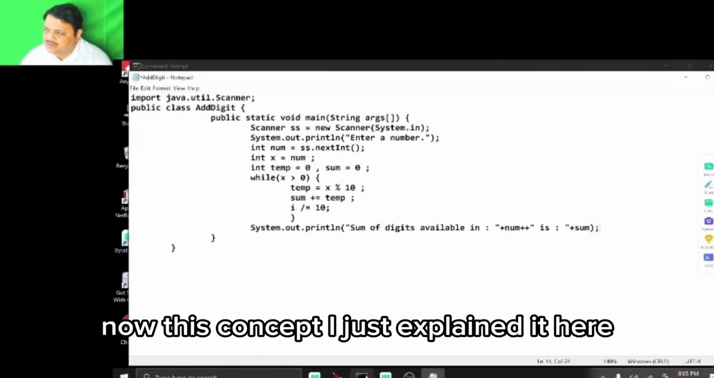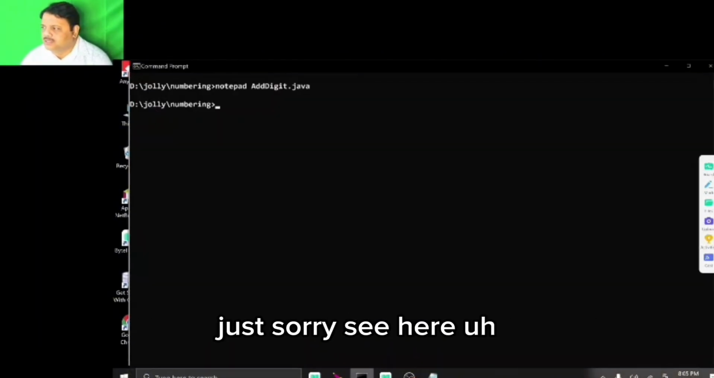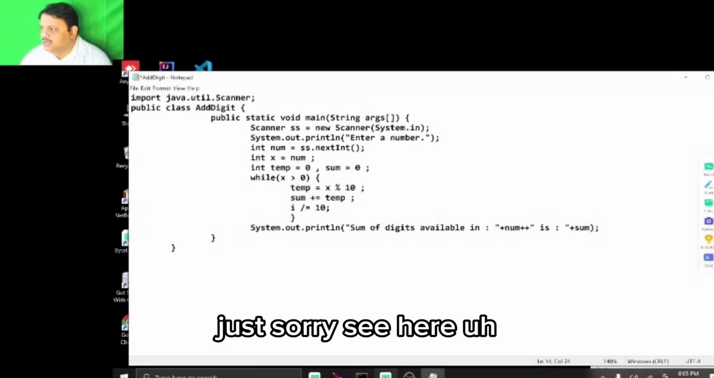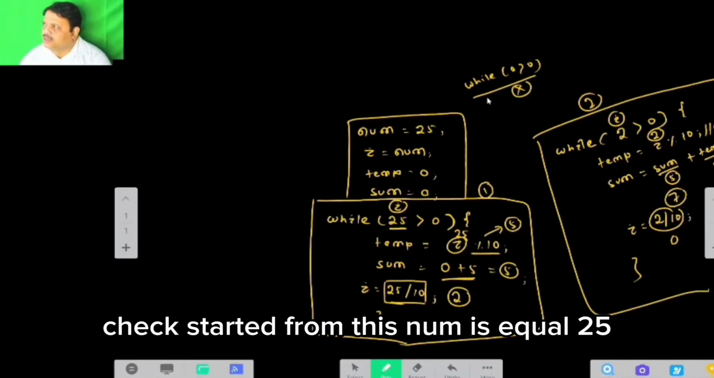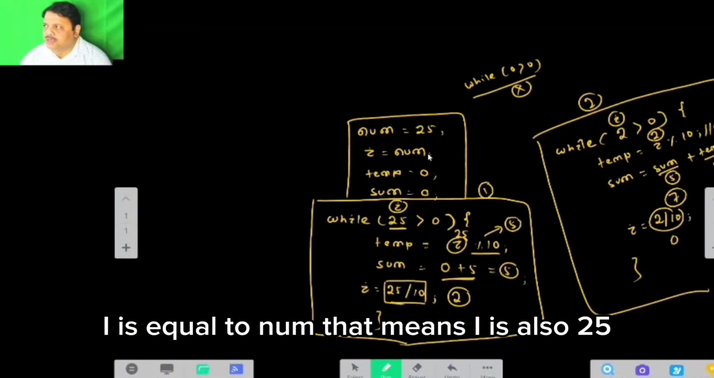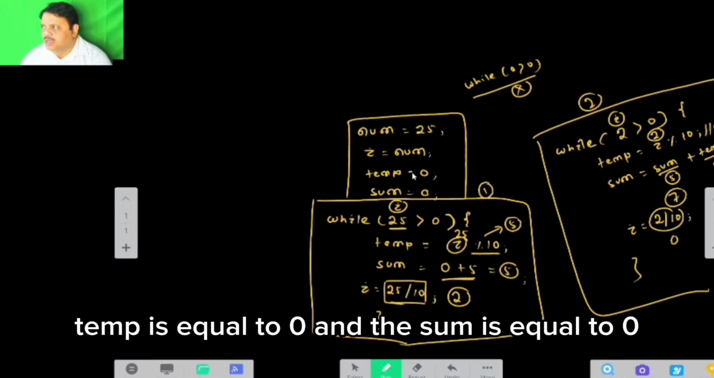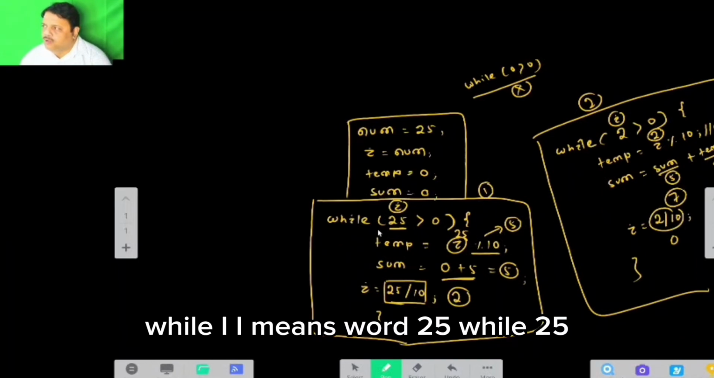Now this concept I just explained it here. Just see here. I just do one thing. Check. Starting from this, num is equal to 25. I is equal to num. That means I is also 25. Temp is equal to 0 and the sum is equal to 0. While I means what? 25. While 25